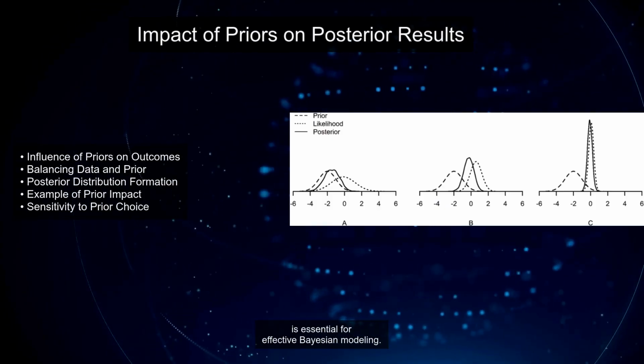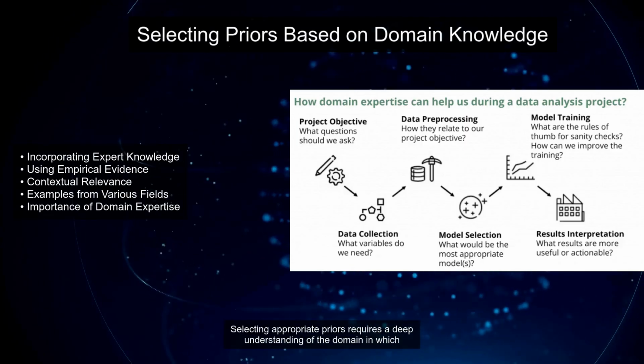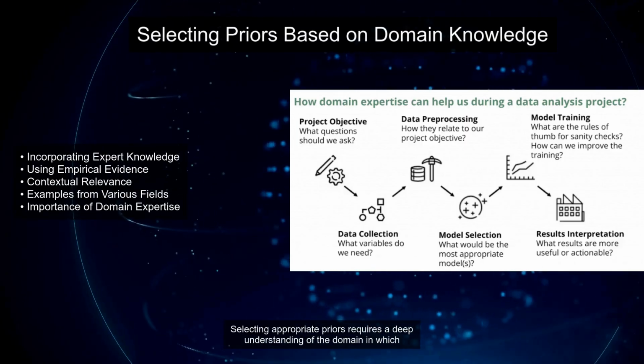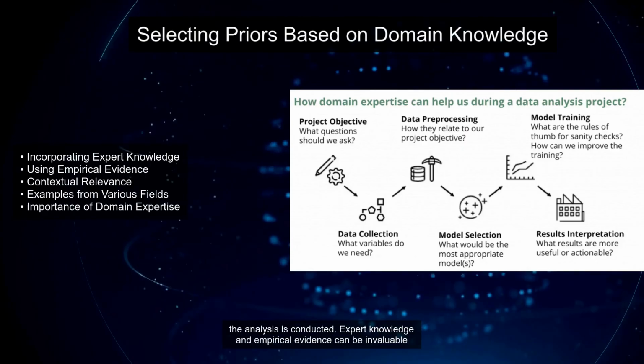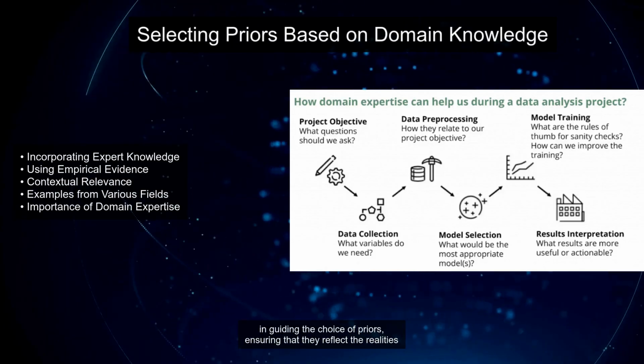Understanding the impact of priors on posterior results is essential for effective Bayesian modeling. Selecting appropriate priors requires a deep understanding of the domain in which the analysis is conducted. Expert knowledge and empirical evidence can be invaluable in guiding the choice of priors, ensuring that they reflect the realities